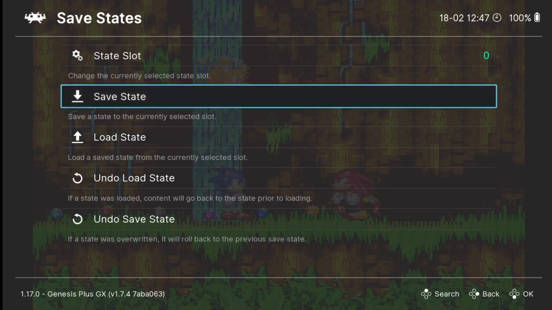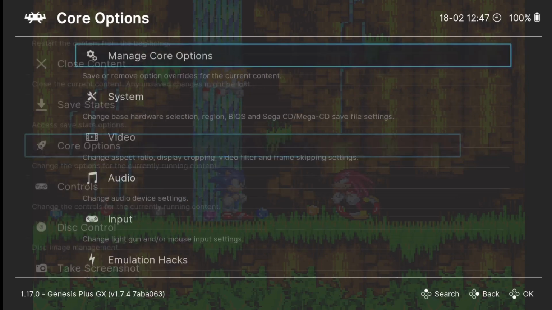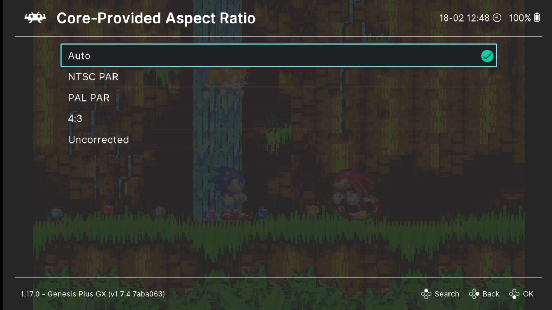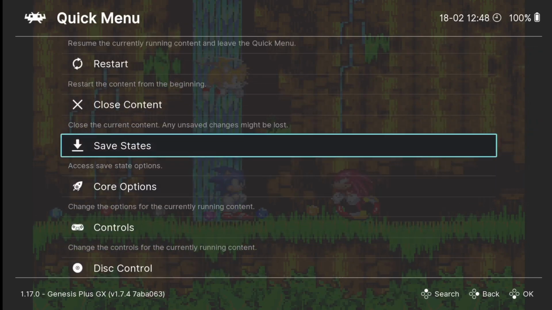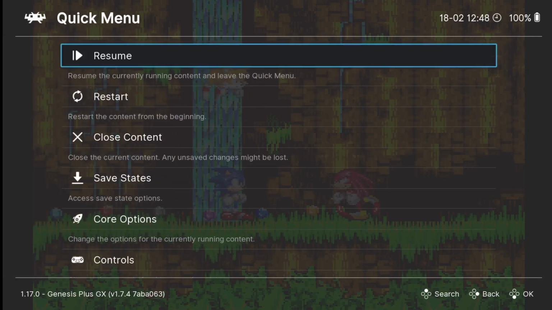Very cool. So I can come out of save states by pressing B on my controller, and we can do things further with RetroArch, which is obviously powering this with the core we downloaded. If I go to core options and I go down to video, core provided aspect ratio is on auto. I can change this here by going to 4:3. And if I keep pressing B and go back to quick menu by pressing A and A again,